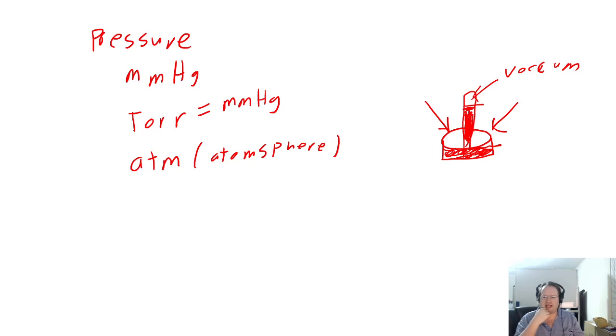But designing one like this, it would have been more difficult to use it because water would want to go up further. Now, the other unit we use is called an ATM. So this stands for atmosphere. And this represents the idea that there are literally gas molecules on top of us all the time. And so an atmosphere is the standardized amount of what is the pressure at sea level on average that's on top of you for all those molecules that are up in the air.